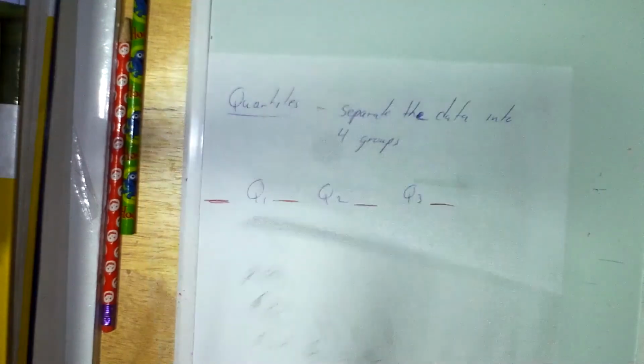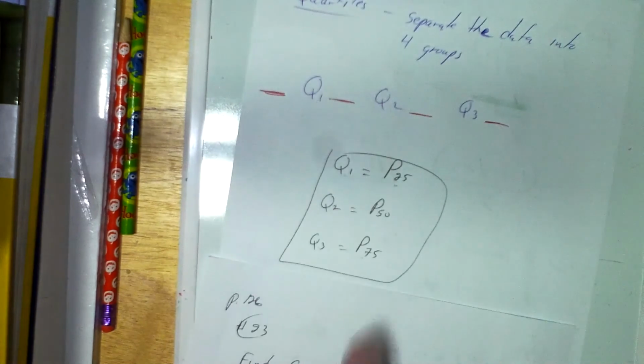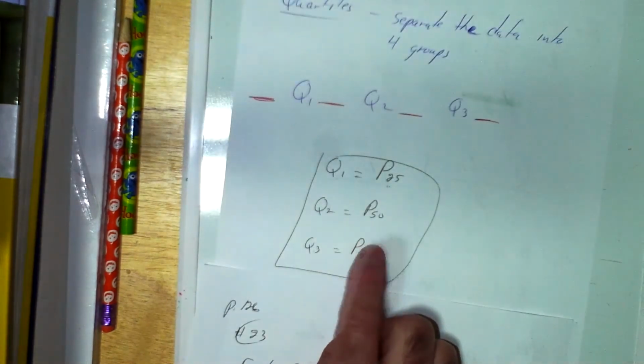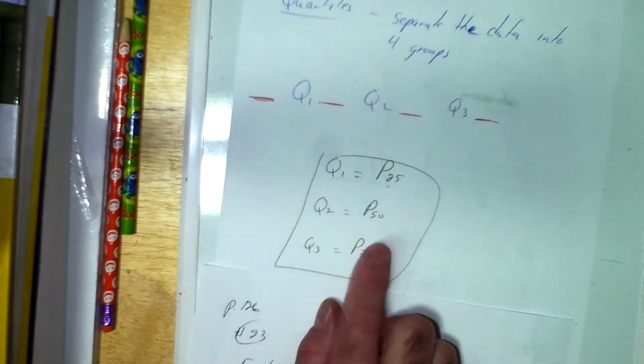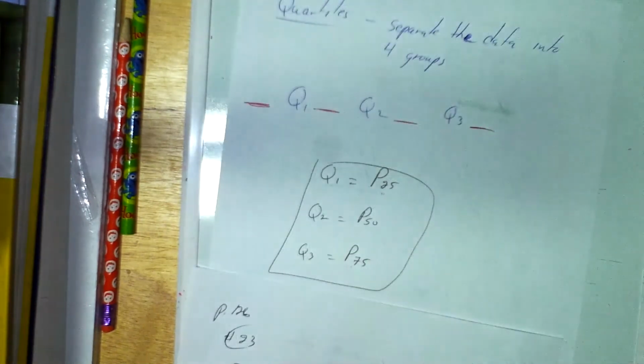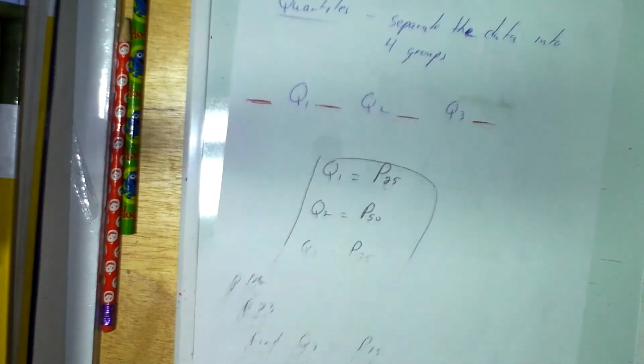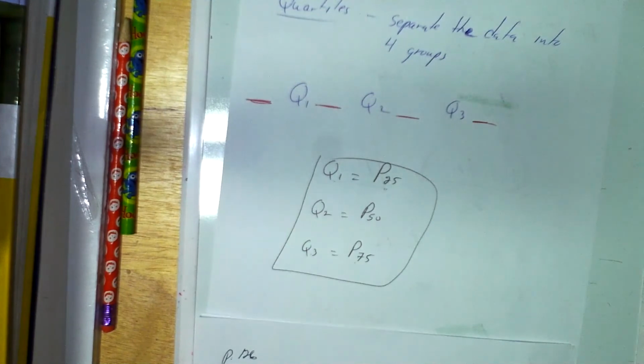Piece of cake. So anytime you see a Q value, you convert it into a percentile and then follow our steps. You can memorize this if you want, but I don't think you need to remember. There it is. Okay, so there's our Q's. And now the last thing I'm going to show you,